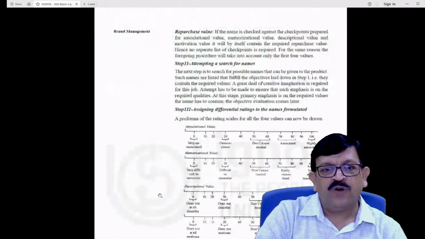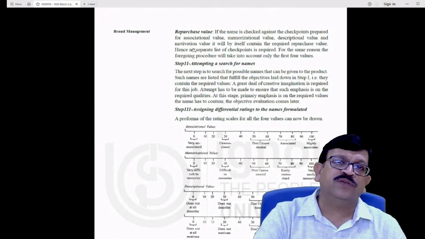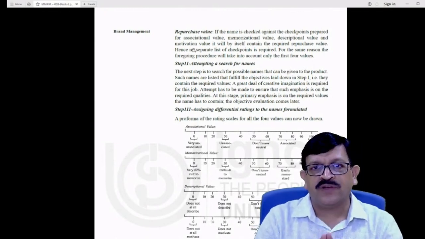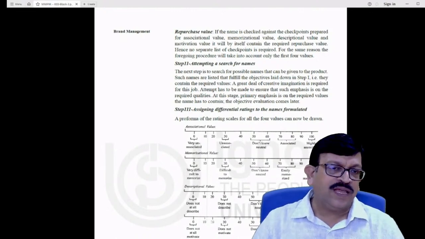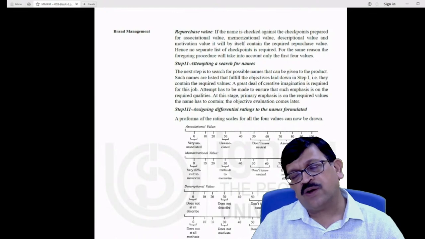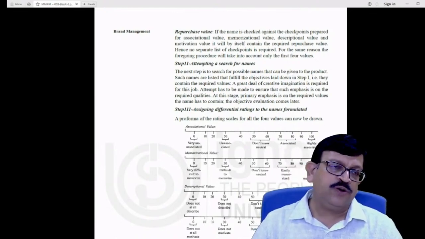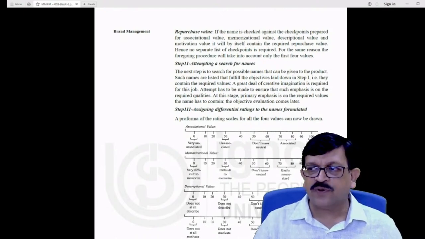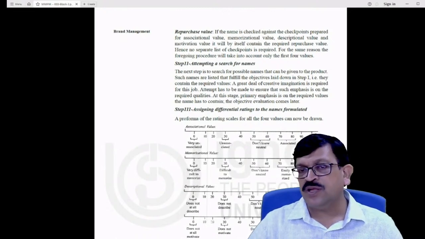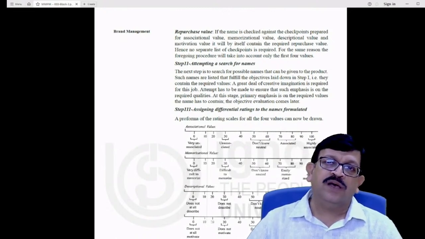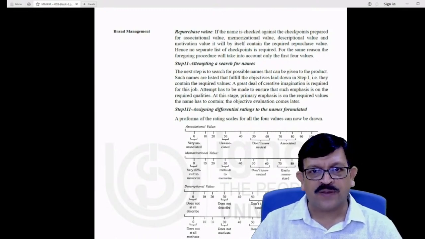Once you have done that, all these four parameters, associational value, memorizational value, descriptional value, and motivational value, if they are well thought out and well listed, will also lead to a repurchase value. So while going through the process, it has to be understood what kind of association value, what kind of descriptive and memorizational value, and what motivation, being stronger, will render a stronger repurchase value.